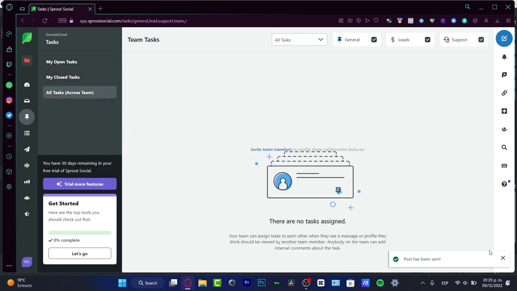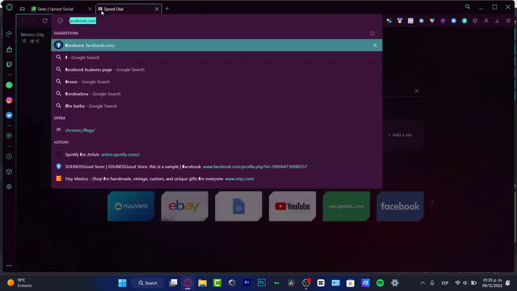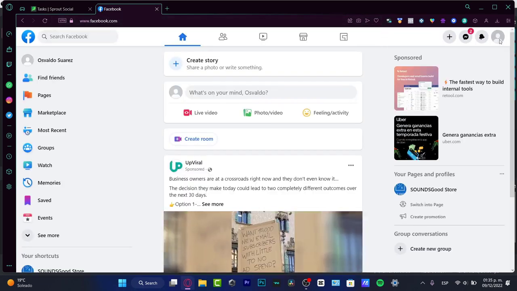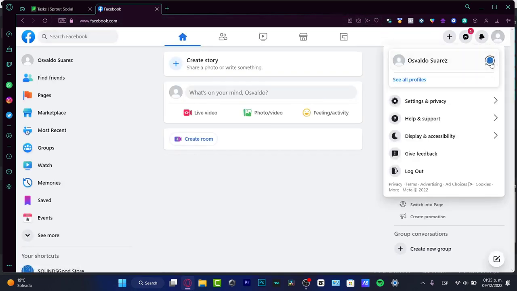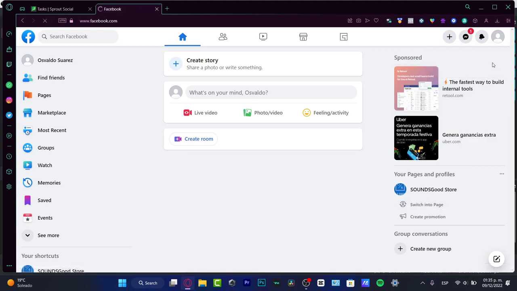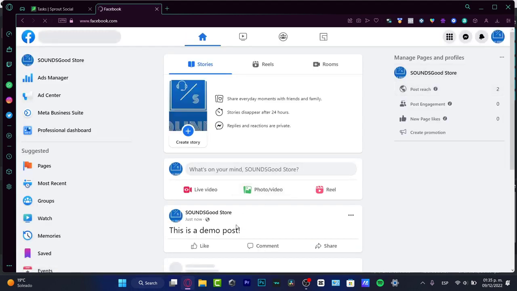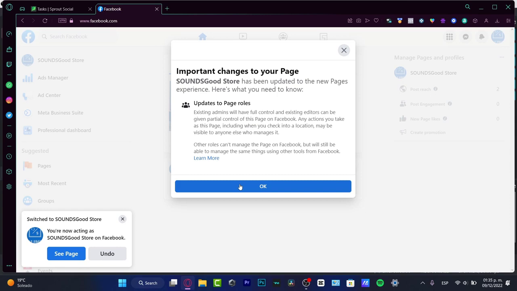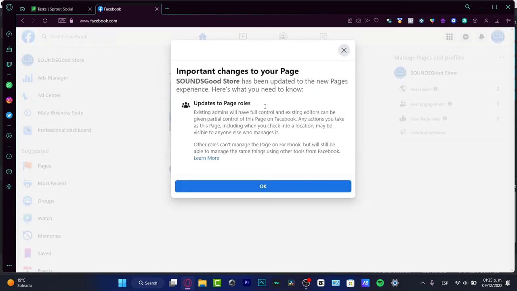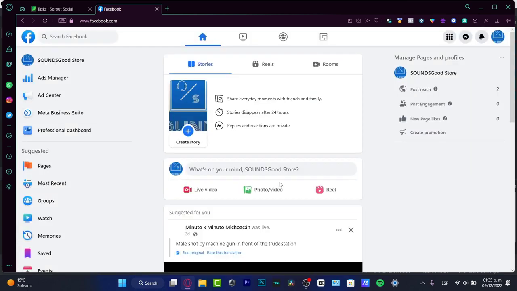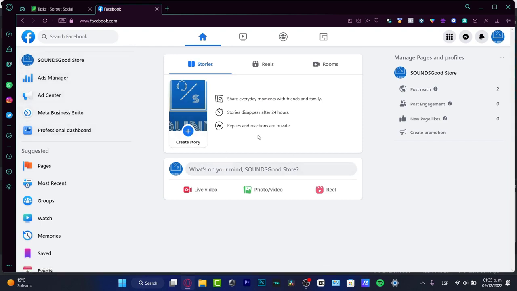that this actually works, you want to go into your Facebook, you want to have this already opened. I do want to focus only in my main profile, which is this one. This sounds good. And as you can see, here it is. This is a demo post. So why is that? Because we already granted access to the application on our Facebook page, so we can manage